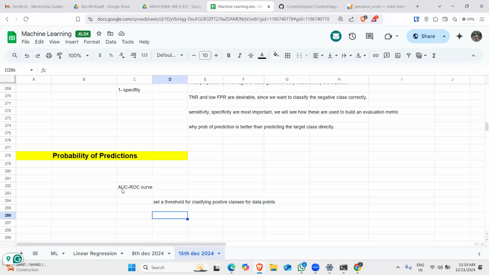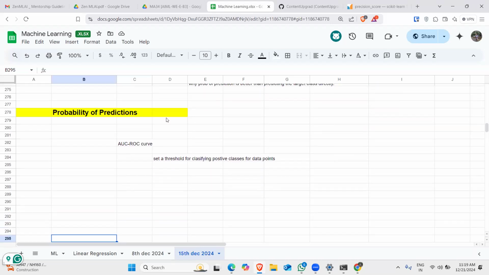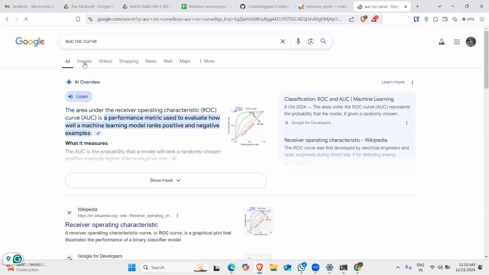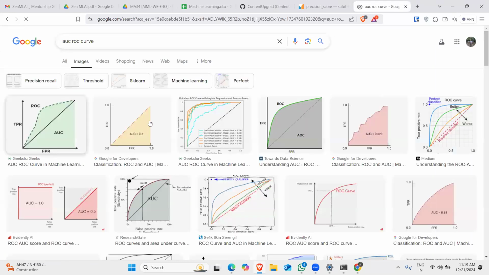We can generate different confusion matrices and compare the various metrics that we discussed in the previous section, but that would not be an important thing to do. Instead of that, we can plot the ROC curve between some of these metrics to quickly visualize which threshold is giving us the better result. So how does the AUC ROC curve work? We'll just take a figure of this rather than an example. So suppose this is your example.